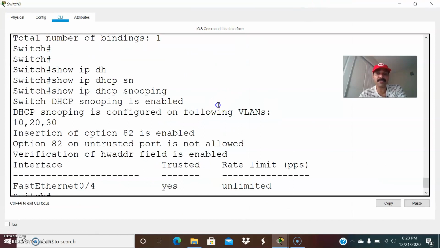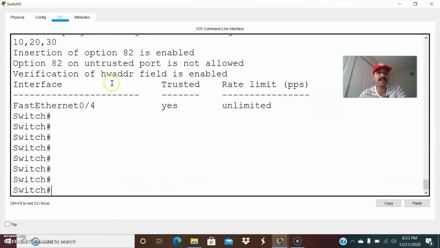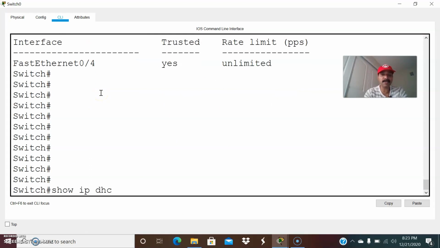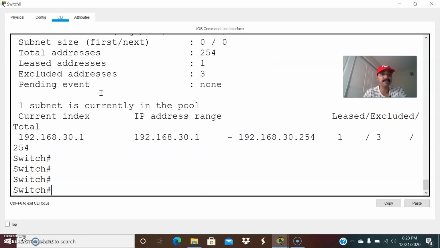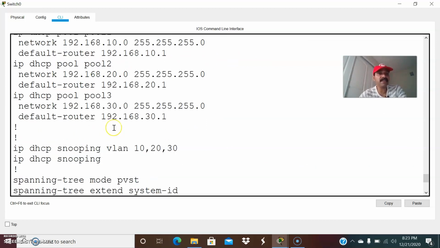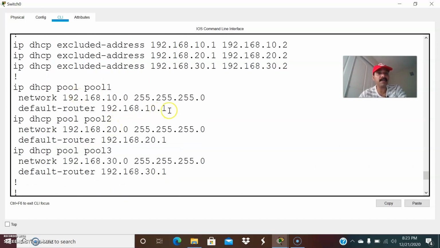This switch I configured as a DHCP server, and the gateway is the default router, right? So let us check the DHCP pool. Show IP DHCP pool. I want to show the configuration, how I configured. So these are the three different VLANs I have created, right? For VLAN 10, I have configured this as a DHCP pool. So how to specify: IP DHCP pool followed by the pool name. Then I have to specify the network